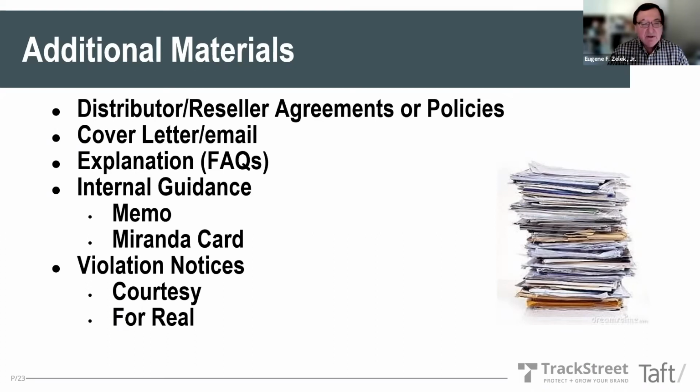Some people like the idea, particularly when they're ramping up, of providing courtesy violations. So on October 1st, they announce the policy is going to be effective November 1st. And during that one month period, they send courtesy violation notices that say, hey, what you're doing right now would be a violation under the policy, but it's not effective yet. So we're just letting you know so you can conform your behavior if you choose to do so. Then obviously when the policy goes active, you do what I call real violation notices.